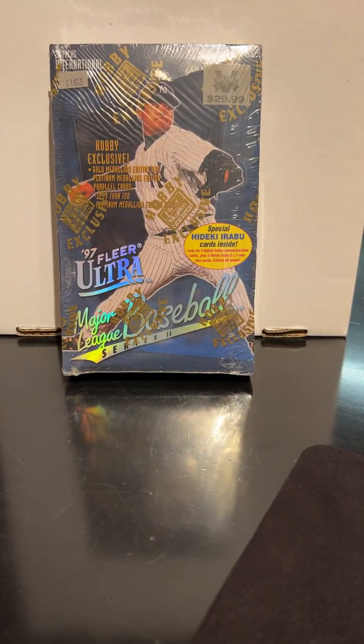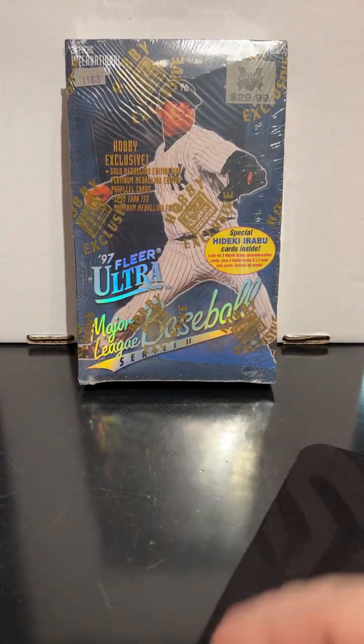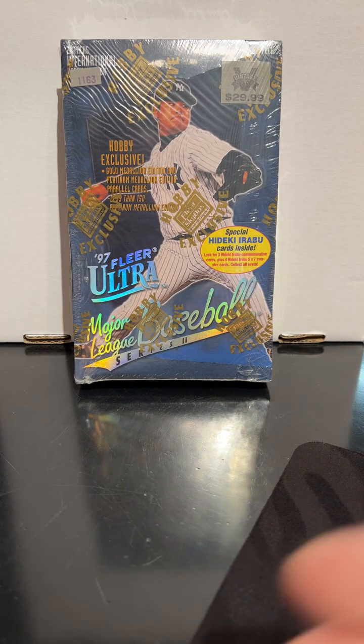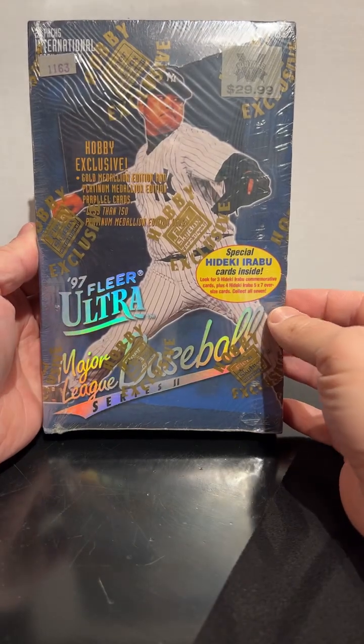What's going on, guys? Just picked up a box of 97 Ultra Series 2. This has Ortiz's rookie in it. So anytime I see these relatively cheap, I usually get one Ortiz per box, and then obviously the chance at the platinums or the golds. And then this was the international box, where you get the jumbo Hideki Irabu cards